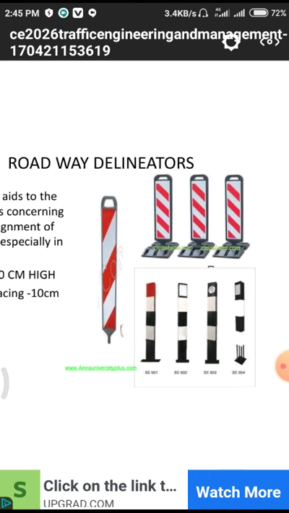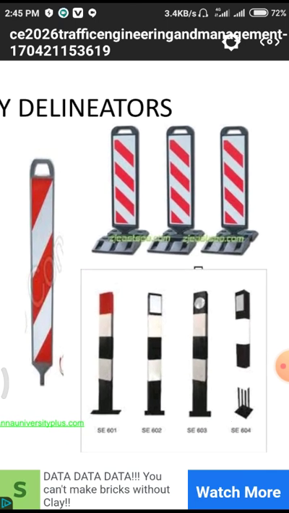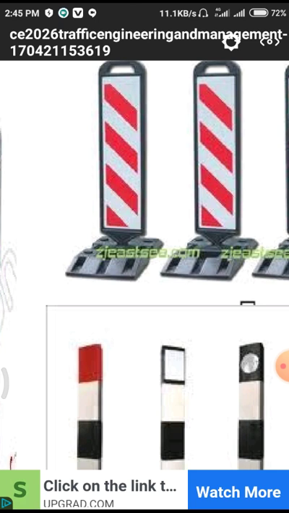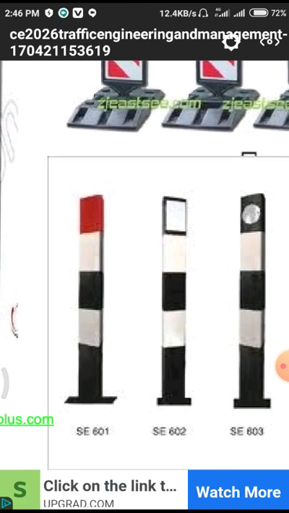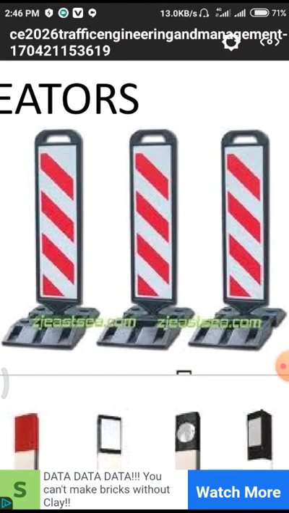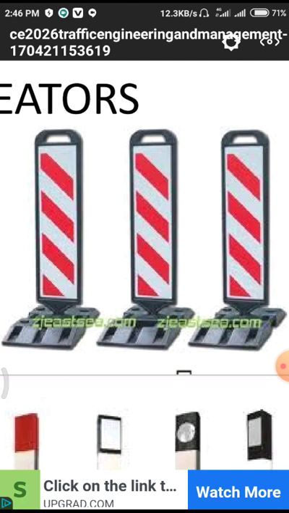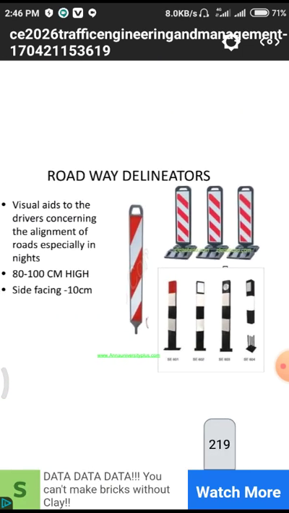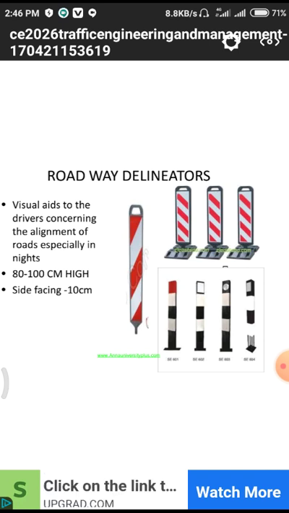Here also we have different colors. As we observe, those are simply fixed to the road by a bolting mechanism. In the first diagram we have these three portions, and we fix them to the road surface with particular bolts. The second one is also like this. Whenever light falls on the material, it reflects, so the driver has a better idea of the middle of the road, and we won't cross the middle of the road.